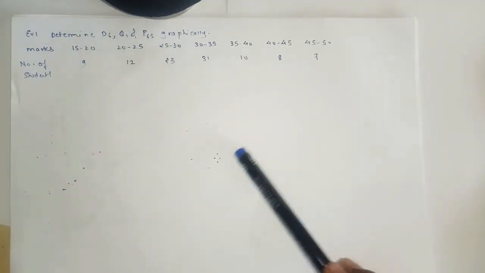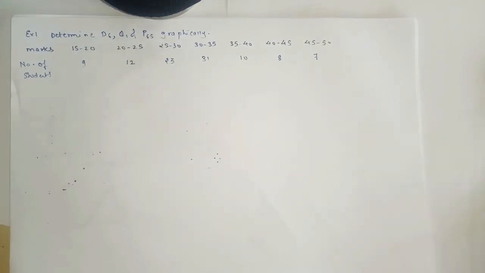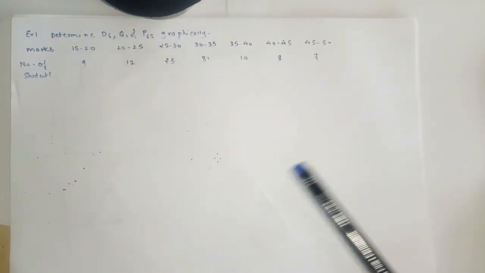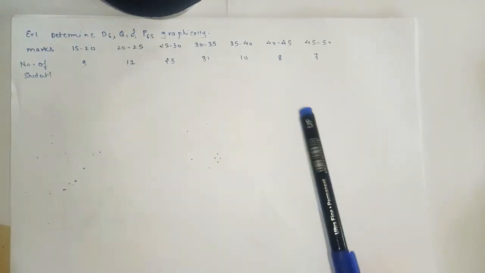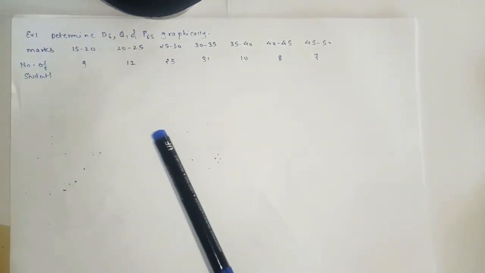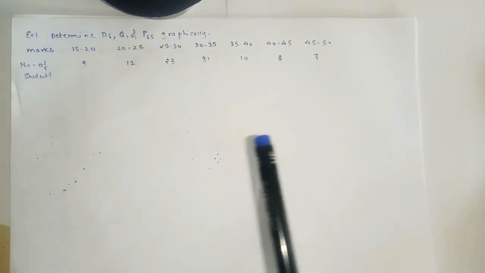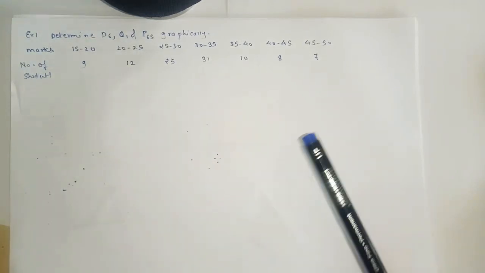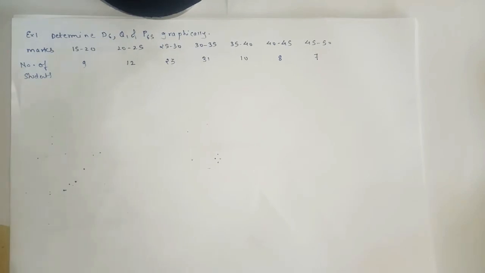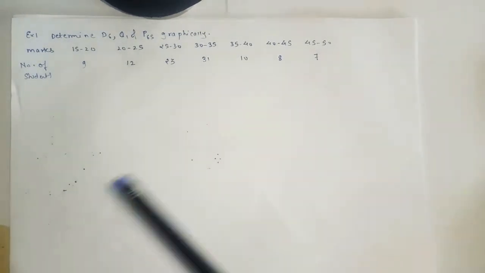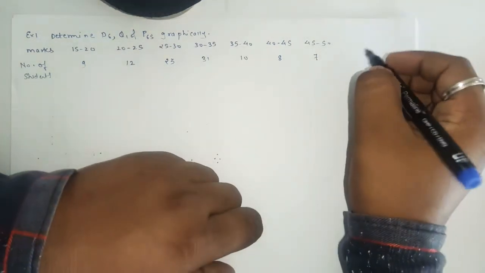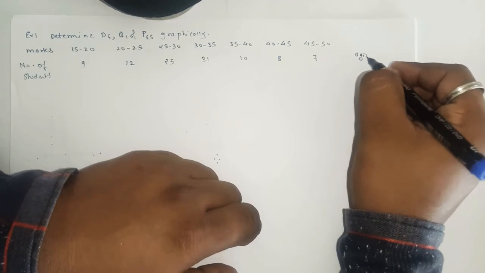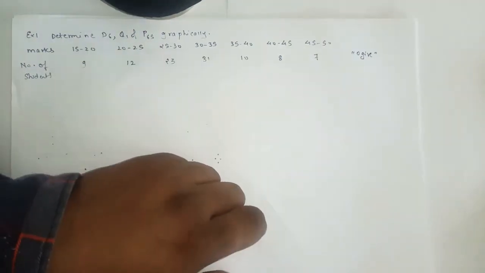When I say graphical method, there are many types of graphs, as you have already seen in your lower standard: subdivided bar graph, joint bar graph, frequency polygon, histogram. I guess you all know these types of graphs, you all studied them in your lower standard. But here in your 11th standard, in exercise number 1.3, there is one more type of graph, which is known as ogive.